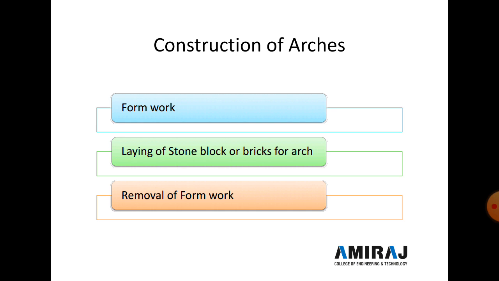After the arch gets the required and sufficient strength, the next process is the removal of the centering or formwork. It is very risky, as the arch may fail, hence removal of the centering is carried out very carefully. The removal of the centering is carried out by loosening of the wedges for a short span. For a span more than 7 meter, removal of the centering is done by the sandbox method, for gradual lowering so that shocks can be prevented.